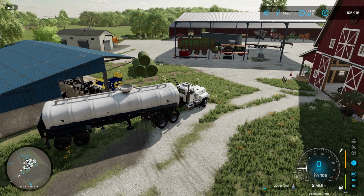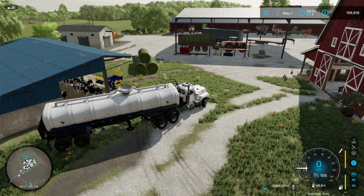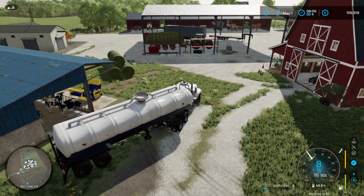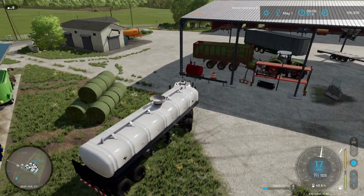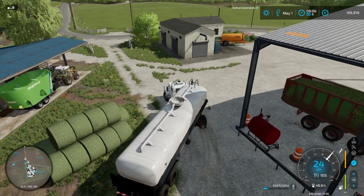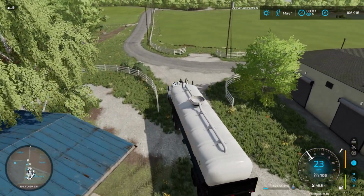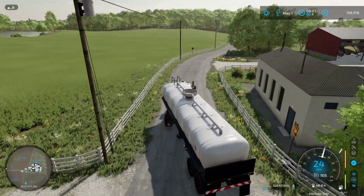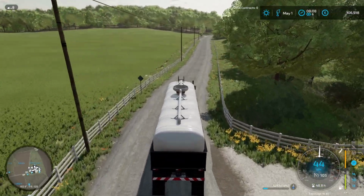So if we've got time towards the end of the day, we can run down with the trailer and get a few of the sheep taken down to market. I think he calculated there was 18 or 20 that we could sell at somewhere between 750 and 900 a piece. So good little income